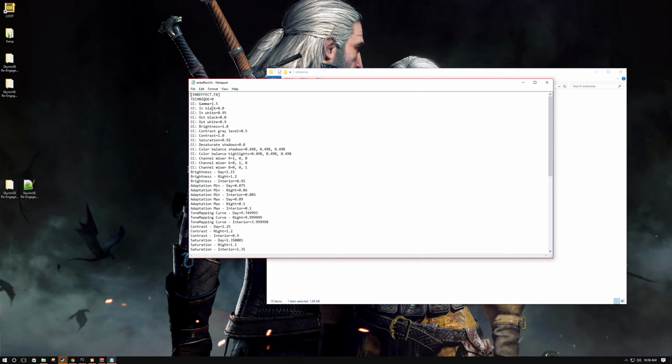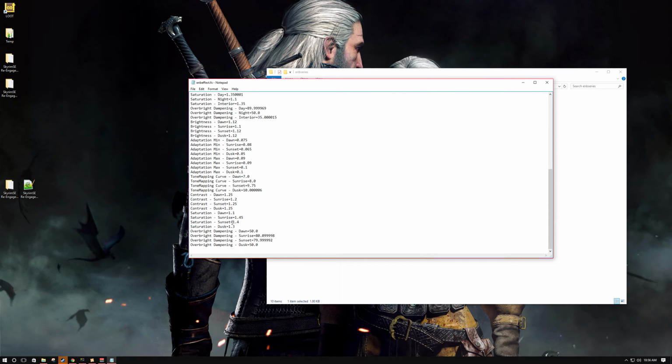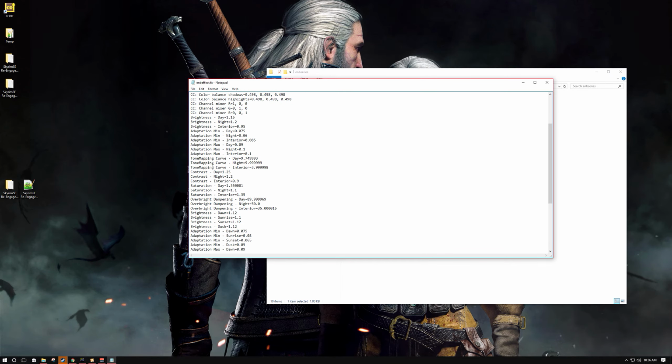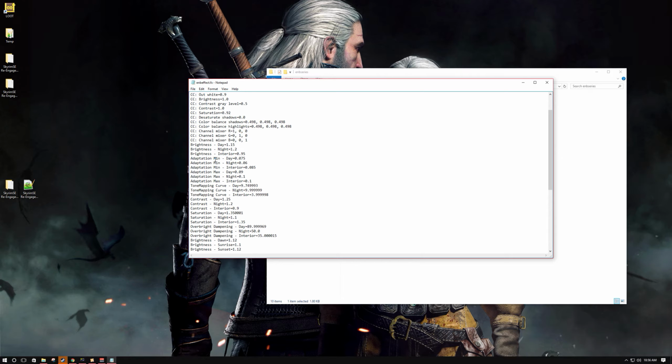ENB effect, this is where all my DNI settings are, which again, DNI is nice because it allows you to adjust saturation, brightness, contrast, tone mapping, and adaptation based on the time of day, whether that be sunrise, sunset, daytime, nighttime, interior. You can actually adjust those individually instead of having one blanket brightness contrast setting that applies to